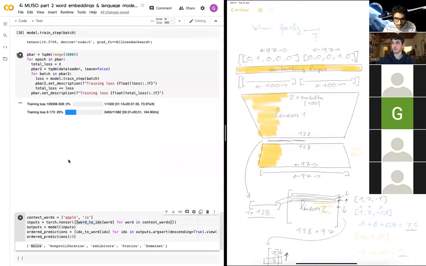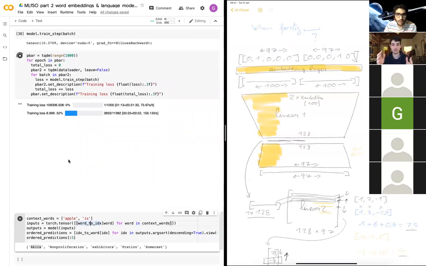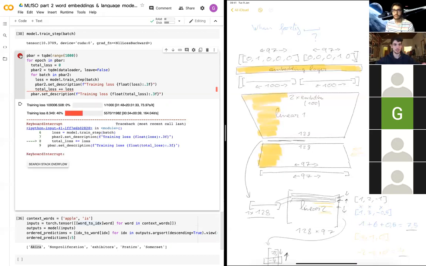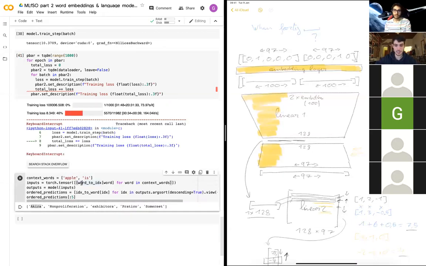Because ultimately we've defined our own model. We set out to solve a task, and we're solving it. The loss is going down essentially. The model is getting better and better at figuring out what the next word is. So for instance, if we cancel this right here, we stop it, and let's check back in to see how well this is doing. Apple is,